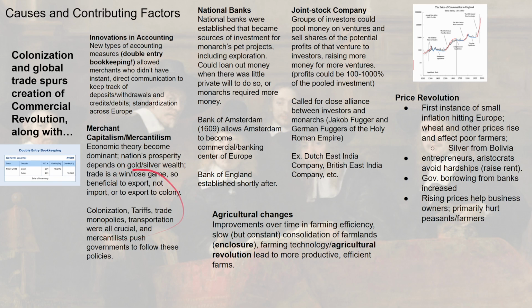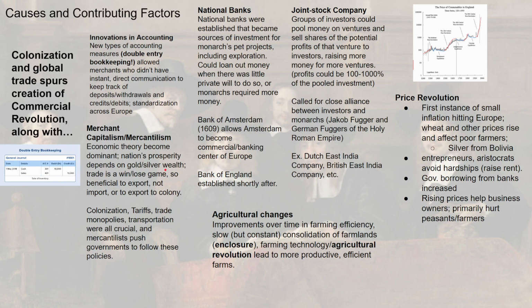We do see some big movements going on with this commercial revolution. Of course, like I said in previous lectures, mercantilism is growing and developing. Again, this is the idea that you're only as strong as your supply of gold and silver as a nation. If you don't have lots of gold and silver, you're a weak nation. Trading with another nation, therefore, is dumb, because you could be giving them gold and silver. So you want to hoard your gold, hold your silver, and only sell things to other people.